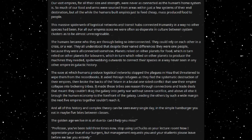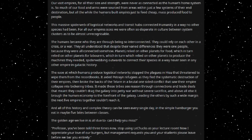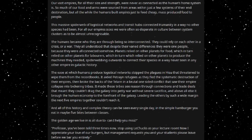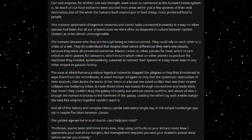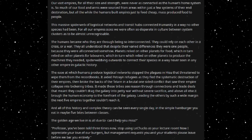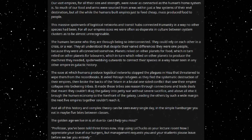It made those tribes see reason, through connections and trade deals, that meant they couldn't drag the galaxy into petty war without severe sacrifice, and above all else, it brought the human economy to the forefront of the galaxy, leading the others by such a wide margin the next 5 empires together couldn't reach it. And all of this history and complex theory can be seen every single day in the simple hamburger you eat in maybe 5 bites between classes. The golden age we live in is all due to...